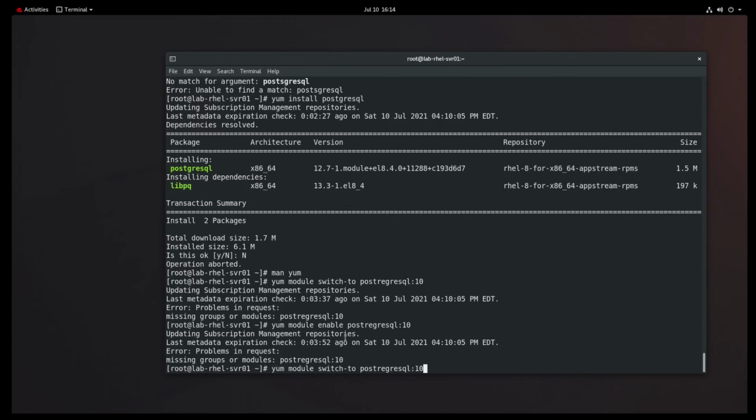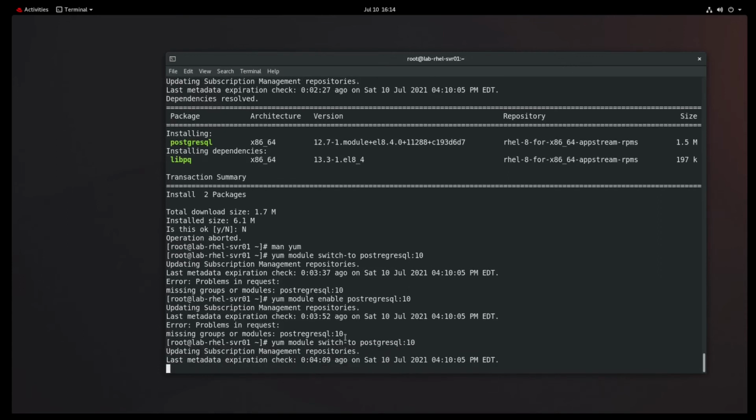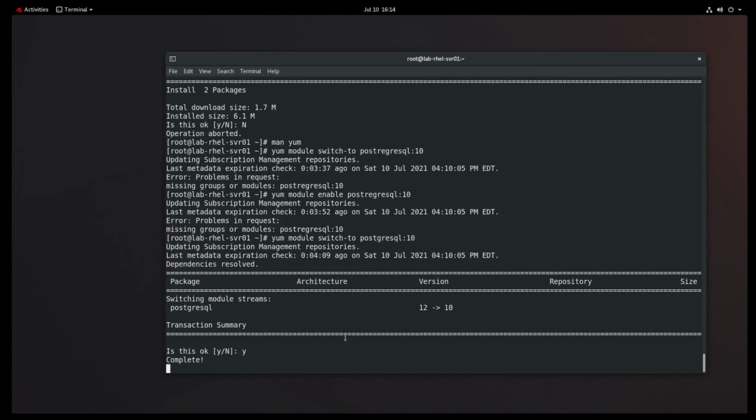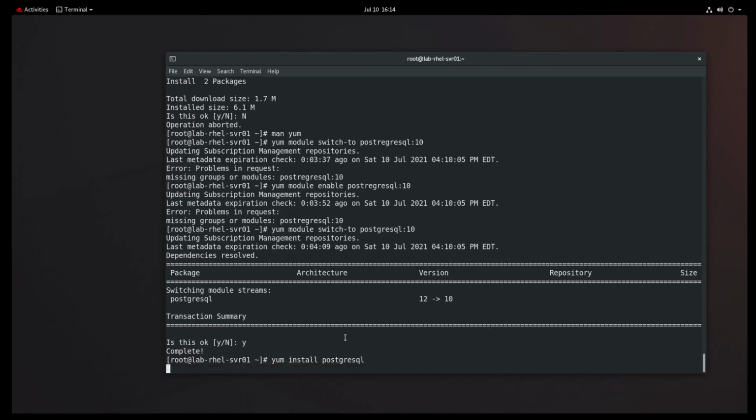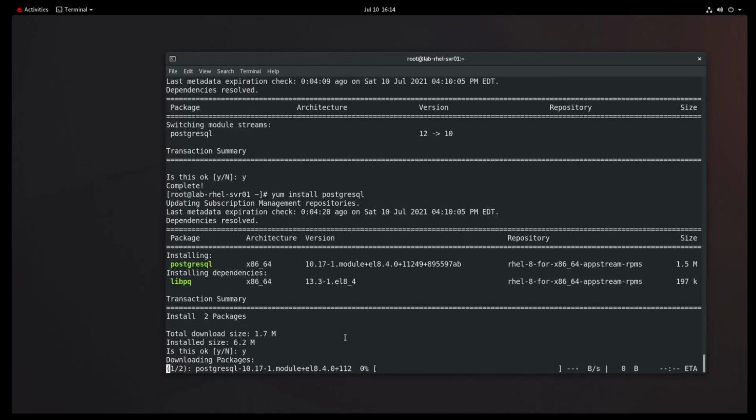I misspelled it. Of course, I'm trying to go too fast. PostgreSQL 10. So let's go back to switch-to and see if that does what I think it will do. All right, it's going to ask us if we want to do this, and I believe it is, yeah, there we go. So if I were to do yum install postgresql, it should give us version 10. So let's just install this,